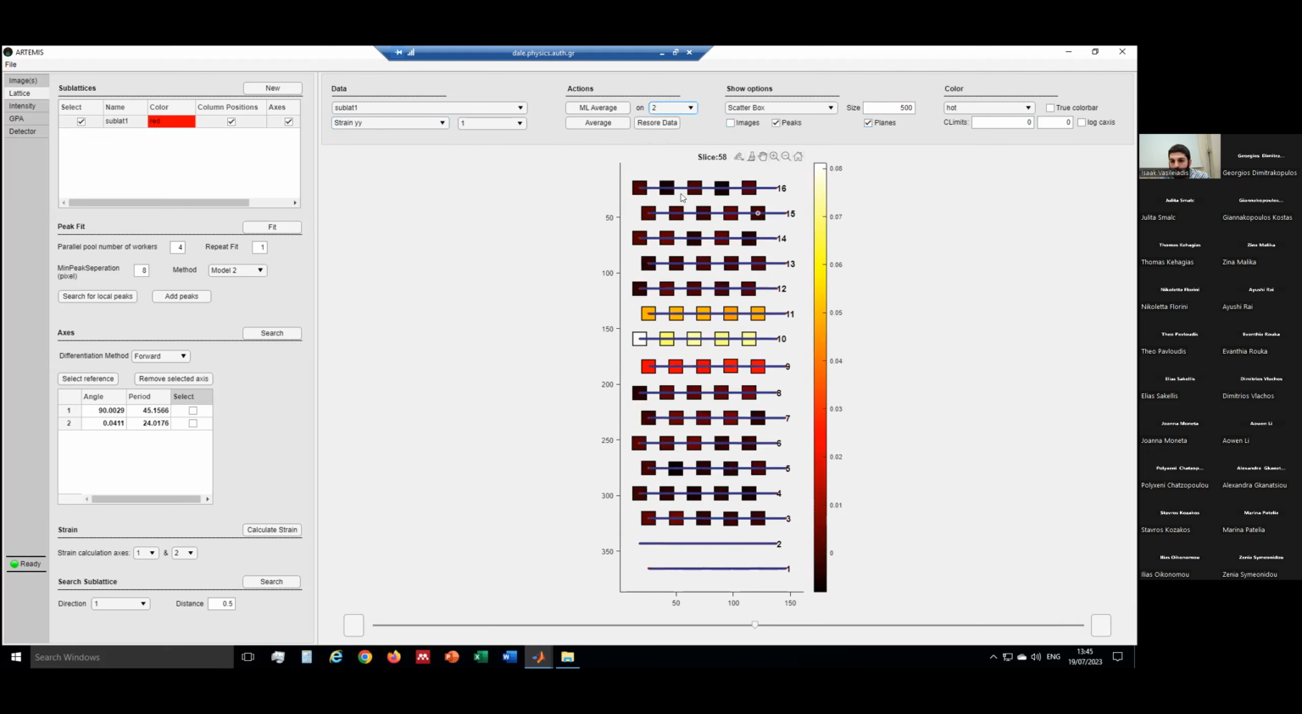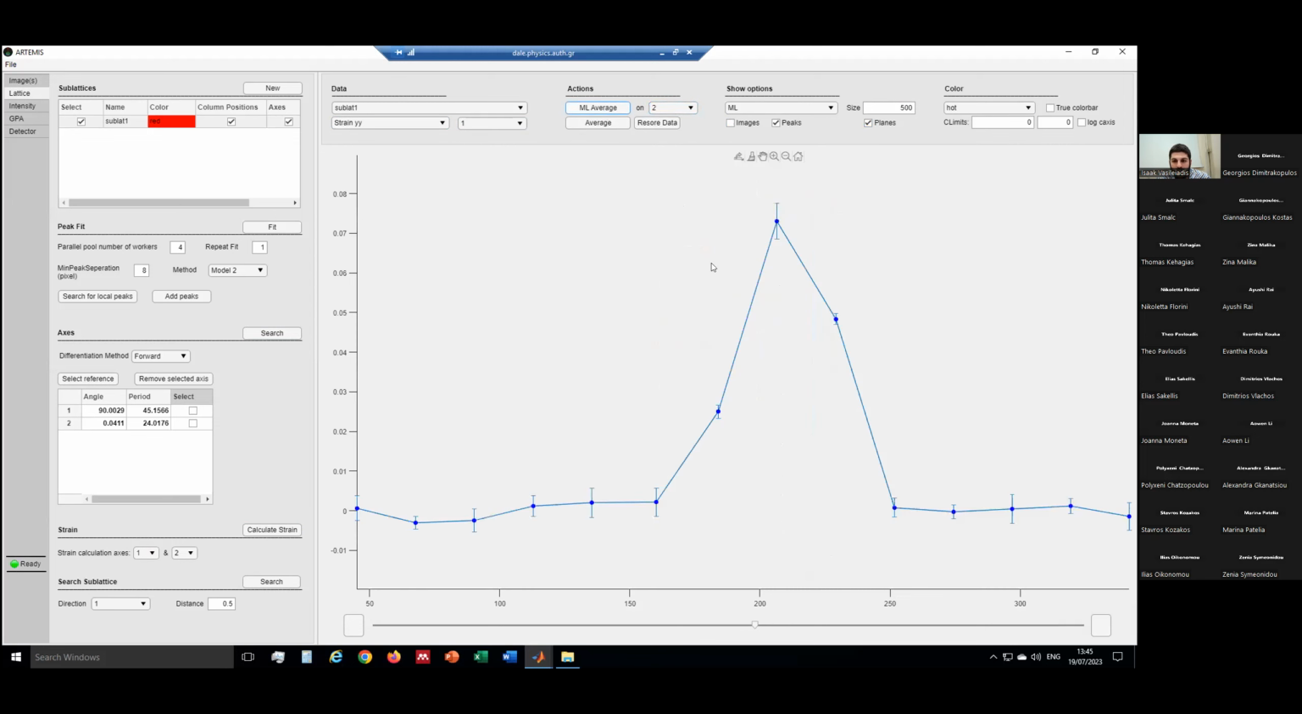You can see here that we have the planes number 2. So by performing an averaging along this direction, we have the average strain in each one. So monolayer average, and now we have the strain for each monolayer. This is the central monolayer, and this is the next one. This is the strain behavior, the strain